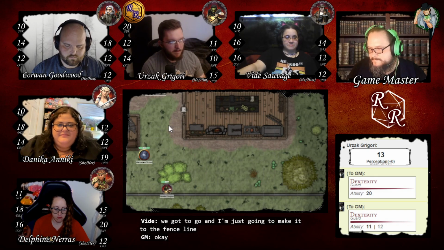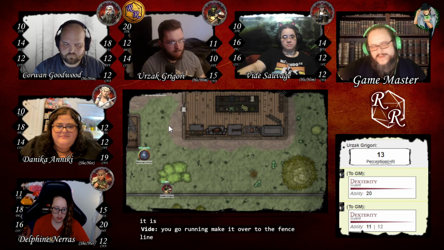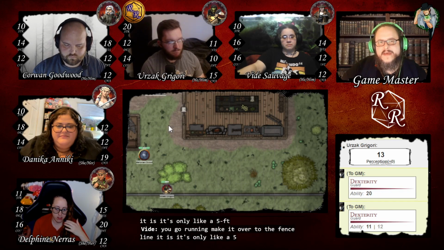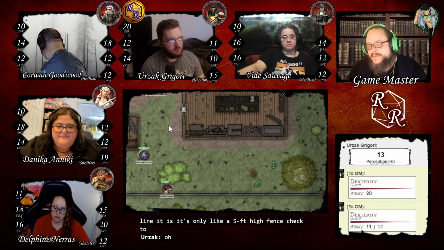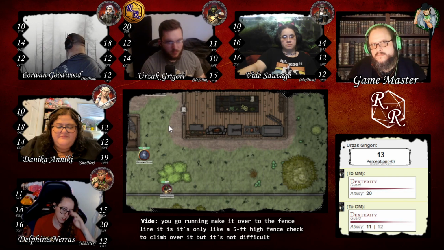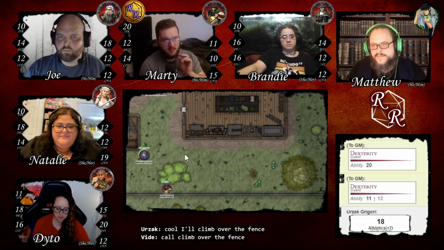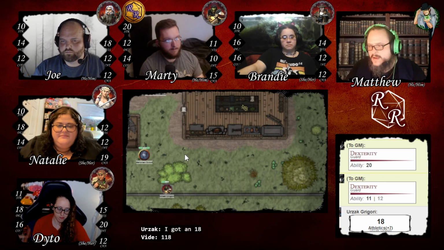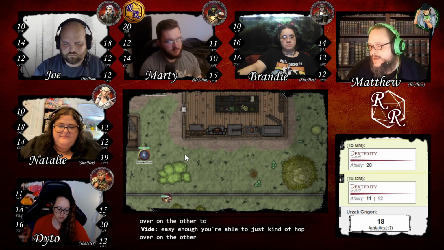Okay. You go running, making it over to the fence line. It's only like a 5-foot high fence. It will take an athletics check to climb over it, but it's not a difficult climb. Cool. I'll climb over the fence. I got an 18. Easy enough. You're able to just kind of hop over to the other side.